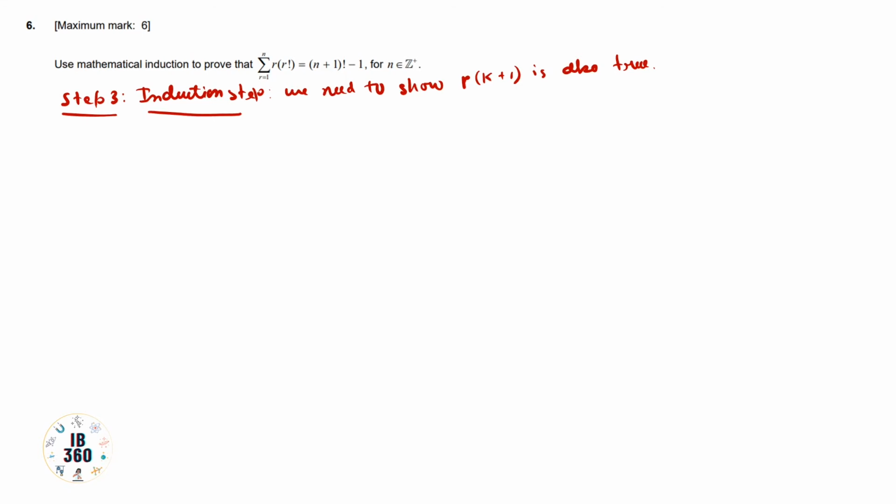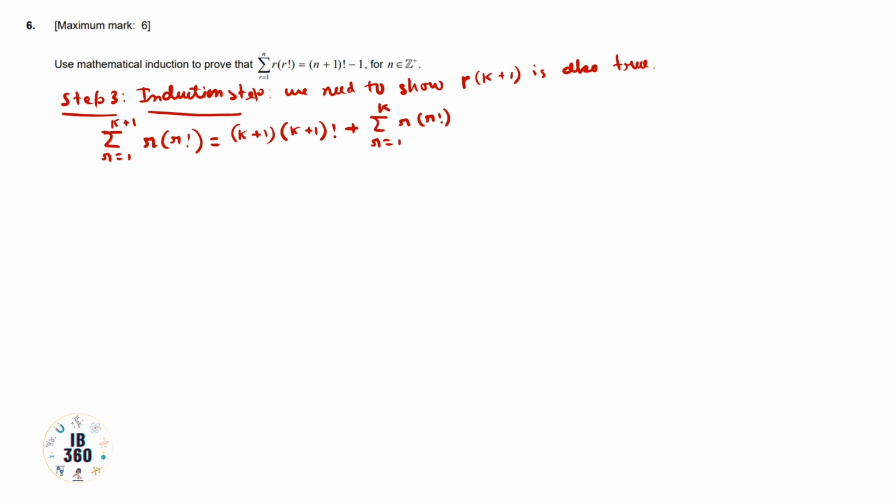So if P of k plus 1 is true, then the limit will be from summation r equals 1 to k plus 1, because in the previous slide you can see that the summation was from 1 to k, but now we need to find out the induction for the k plus 1th term. So the summation r equals 1 to k plus 1 of r times r factorial is equal to, we can write, k plus 1 into k plus 1 factorial plus the proof for the kth term, that is the summation r equals 1 to k of r times r factorial.